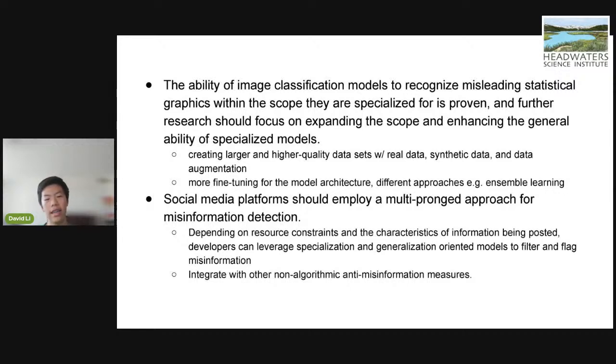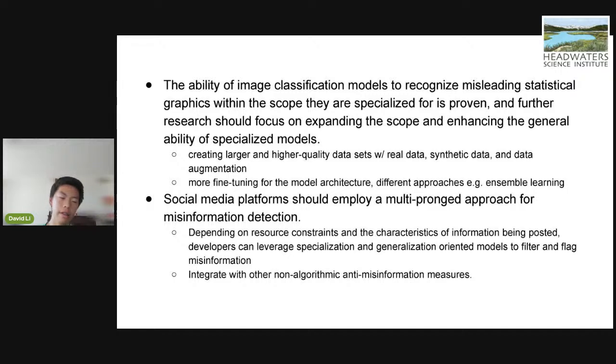For example, a social media site that has lower information volume but wants the information to be higher quality might employ a multimodal large language model, while a site that has a large information volume and does not have the ability to employ multimodal large language models because of the resources needed should just use these smaller specialized models.